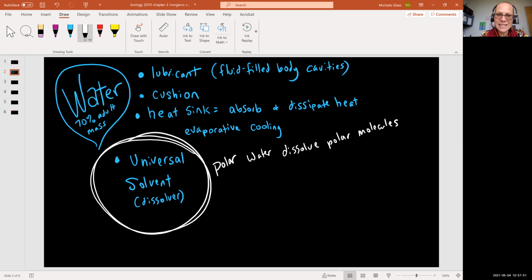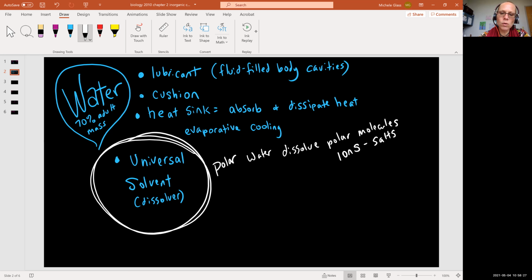So this is a really great test. Does sugar mix with water? It does. Sweet tea, right? Hot, sweet coffee, right? Kool-Aid, right? And so sugar is polar. As a quick test, if you have something you don't know about, if you combine it with water and it mixes, then that tells you that it's polar. Polar water will also dissolve ions. That's what we're going to be talking about next as salts. So we'll see that this is important too.